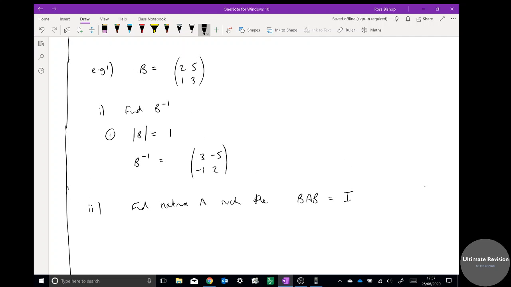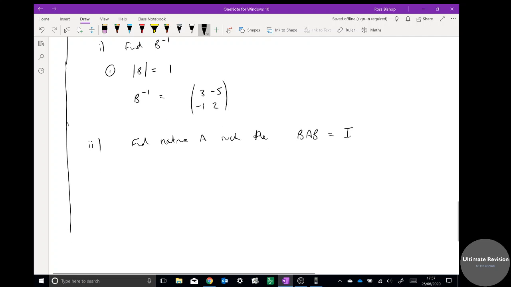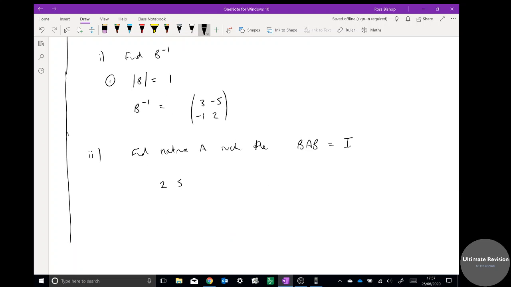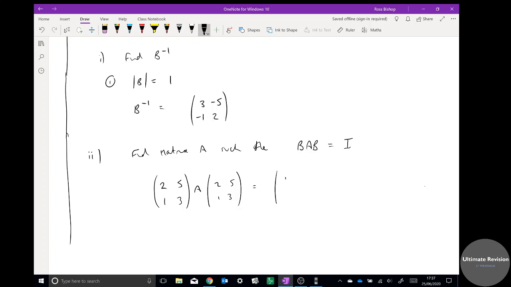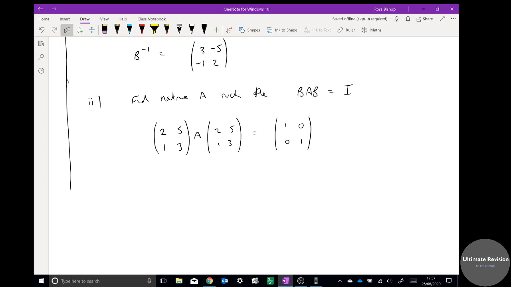B is that matrix up there. So we have 2, 5, 1, 3 multiplied by matrix A multiplied by B again, and that equals the identity matrix 1, 0, 0, 1. Now we need to break this down so we get A